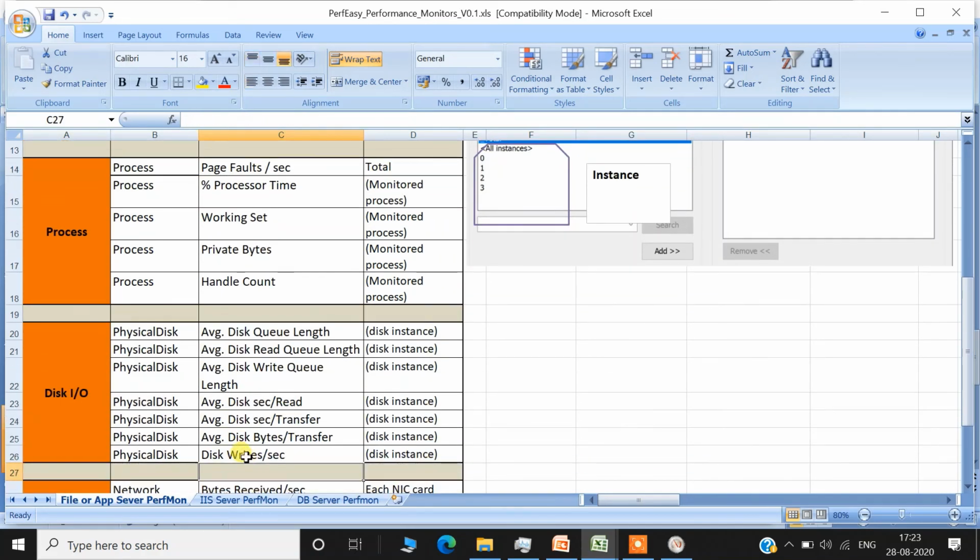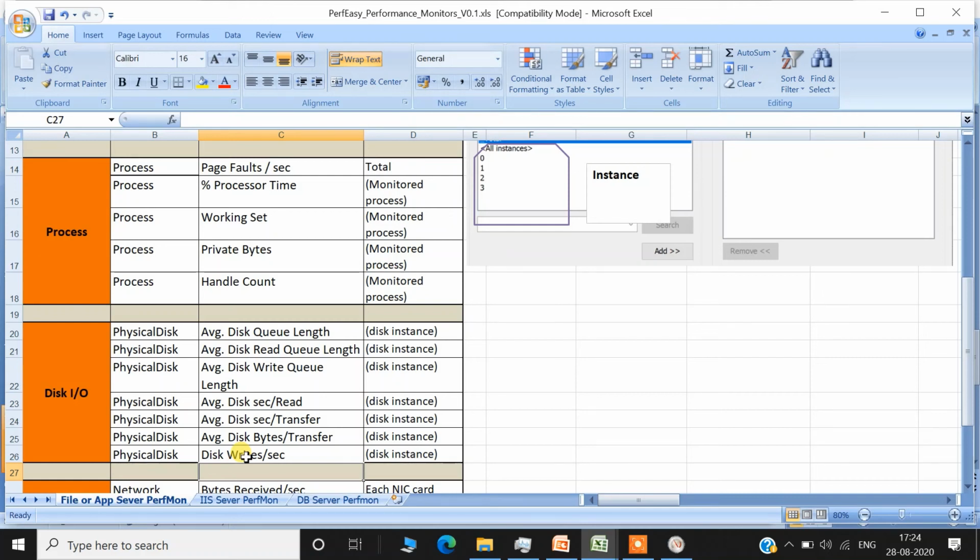Next we should monitor disk I/O. Mostly there is CPU consumption, which is important, memory, network, and disk I/O. These 4 parameters are the most important from the hardware consumption perspective on any server, on any OS. On a Linux server, a Solaris server, or a Unix server, you would also need to monitor these 4 parameters: CPU, memory, network, and disk I/O.